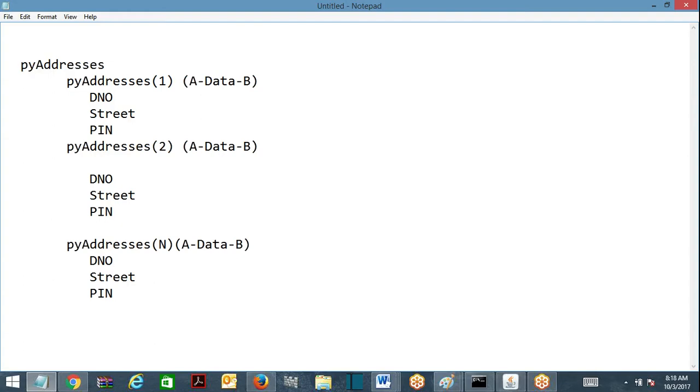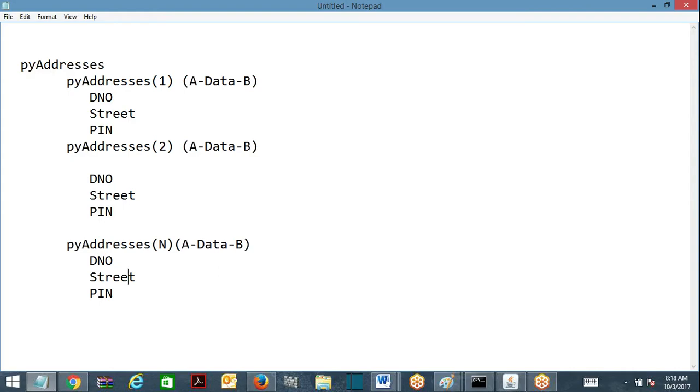Now at runtime, just by looking at the name of any of these pages, py address of 1, 2, 3, can I conclude that this is the address of office, this is the address of home? Permanent address, present address, I am saying now, this is permanent address, this is present address, this is office address. So from the clipboard, can I come to know this is office address, this is present address, this is permanent address? Is it possible? I cannot come to know, I cannot justify that.